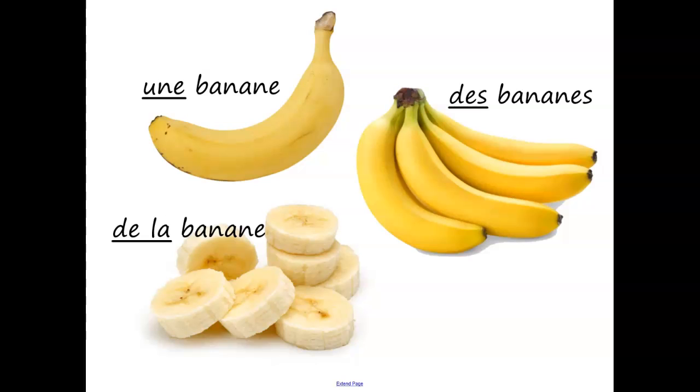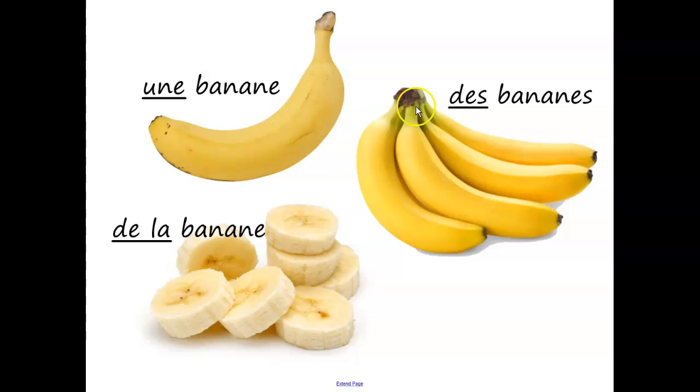So today we're going to talk about articles, and articles are those little bitty words that we see in front of nouns. And so the three pictures that I have here on the screen are all different forms of banana, but we have them labeled differently. So think about what is the difference between une banane versus des bananes versus de la banane. So we should understand that une banane is a banana or one banana, so exactly one